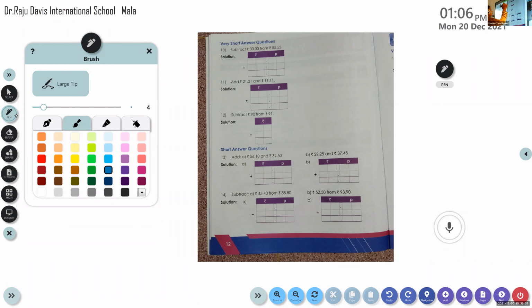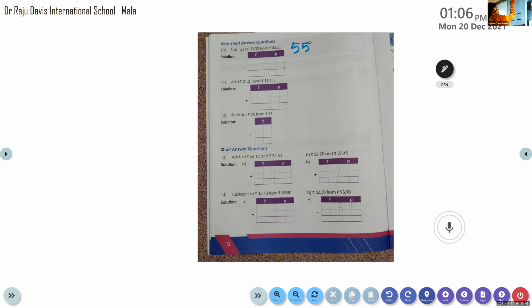Okay. So what is the meaning of this 33 rupees, 33 paisa from 55 rupees, 55 paisa? That means 55 rupees, 55 paisa minus